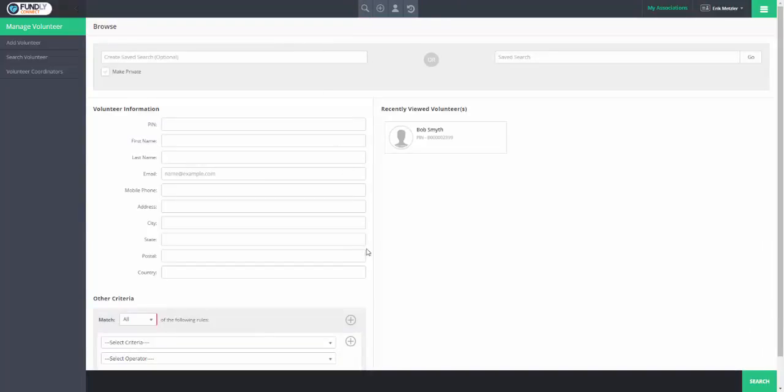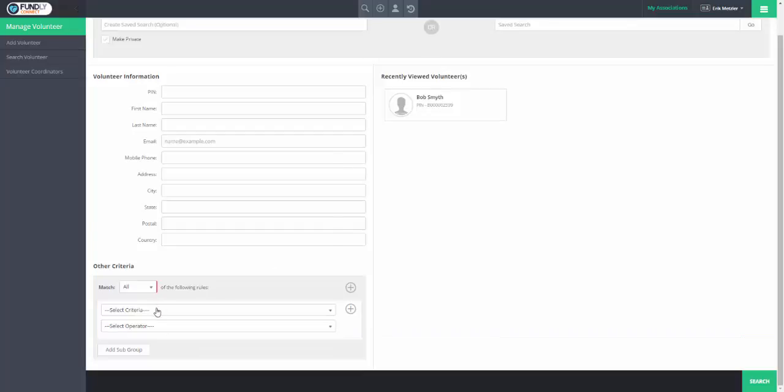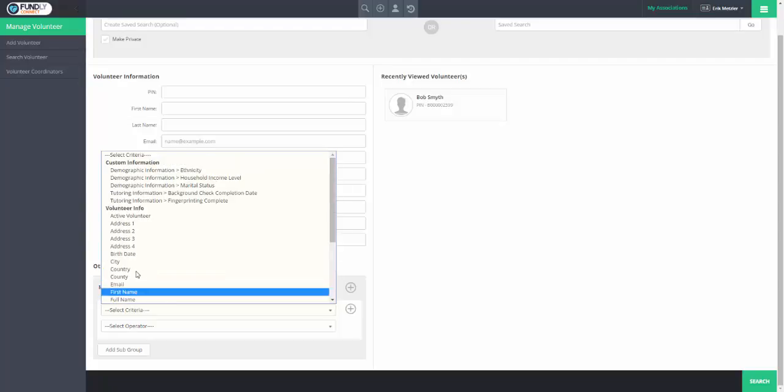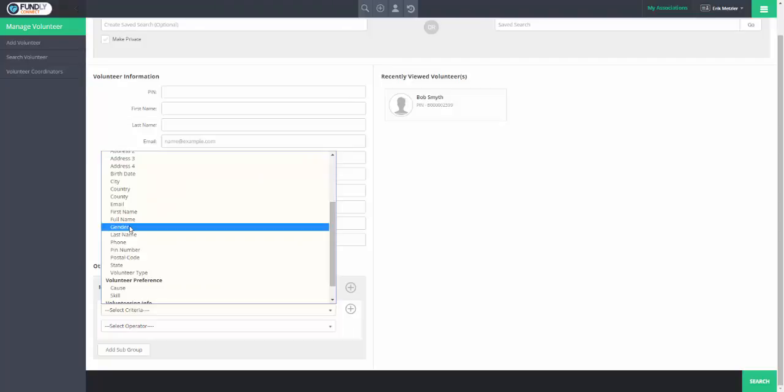So here we have our advanced search page. I have the first name and last name fields, kind of things I could do in quick search. But I can also now start looking at email addresses, PIN numbers, postal codes, zip codes, and other criteria in the system. This does include skills. So I could pull up all the volunteers with a given skill. In this case, let's go ahead and let's say, well, let's pull up all the guys. So gender,